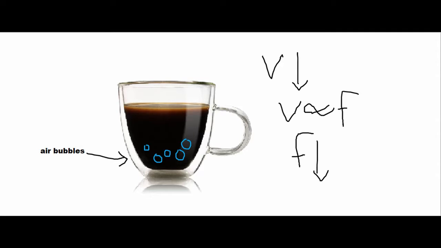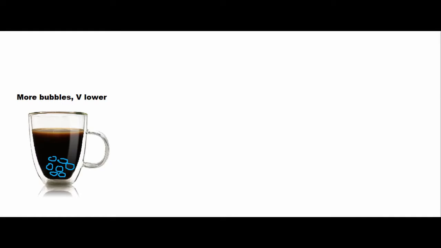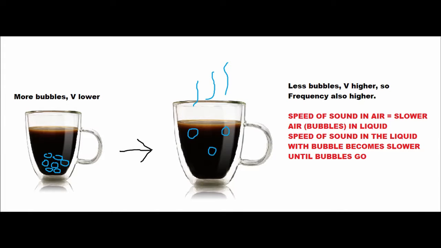So at the beginning, when the mug is hit with a spoon, it starts off with a low pitch. However, as the mug is being hit with the spoon, the bubbles rise to the surface and burst, which increases the velocity, therefore increasing the frequency. That's why every time you hit the cup, the pitch increases as more bubbles reach the surface and burst, as the frequency rises as the speed of sound in the liquid increases.